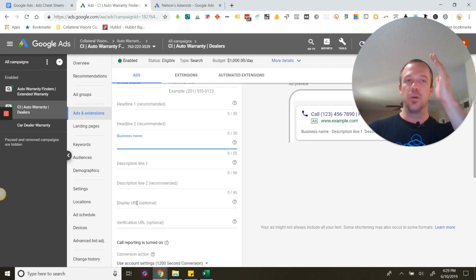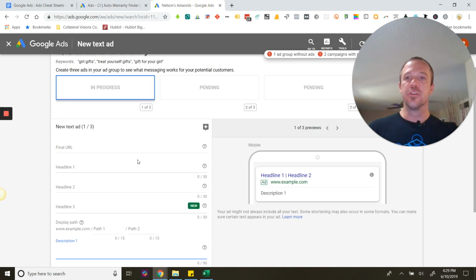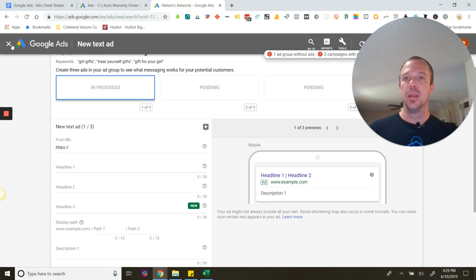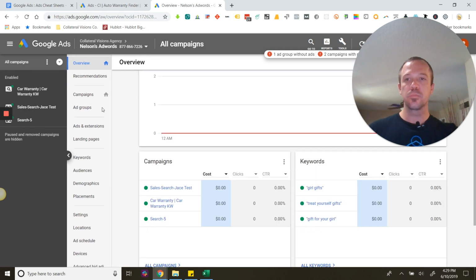I can put truck warranty, extended service, something to that effect, where the display URL is different than the verification URL, because the verification URL has to be the actual URL that you're going to be sending them to within the ad. So the final URL within a traditional text ad is going to be the same as your verification URL within a call-only ad. If we go into, let's say,